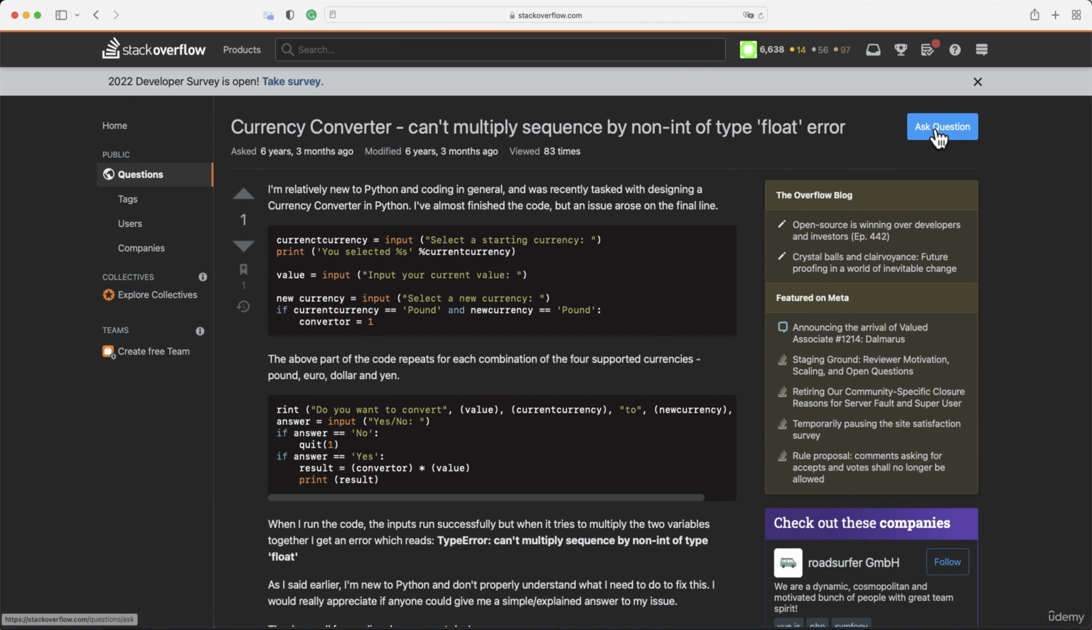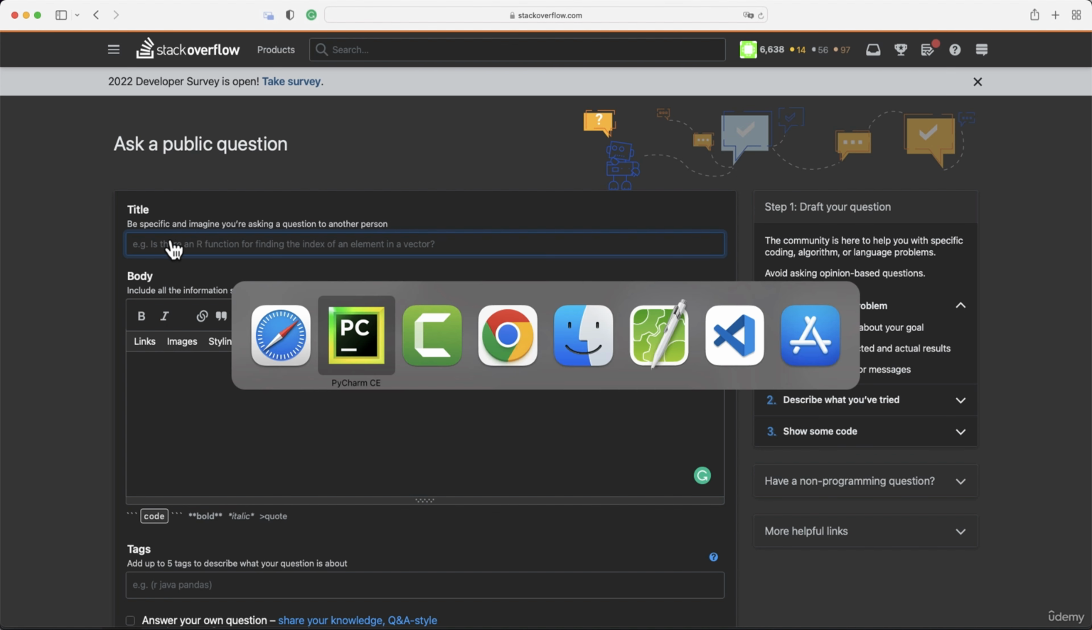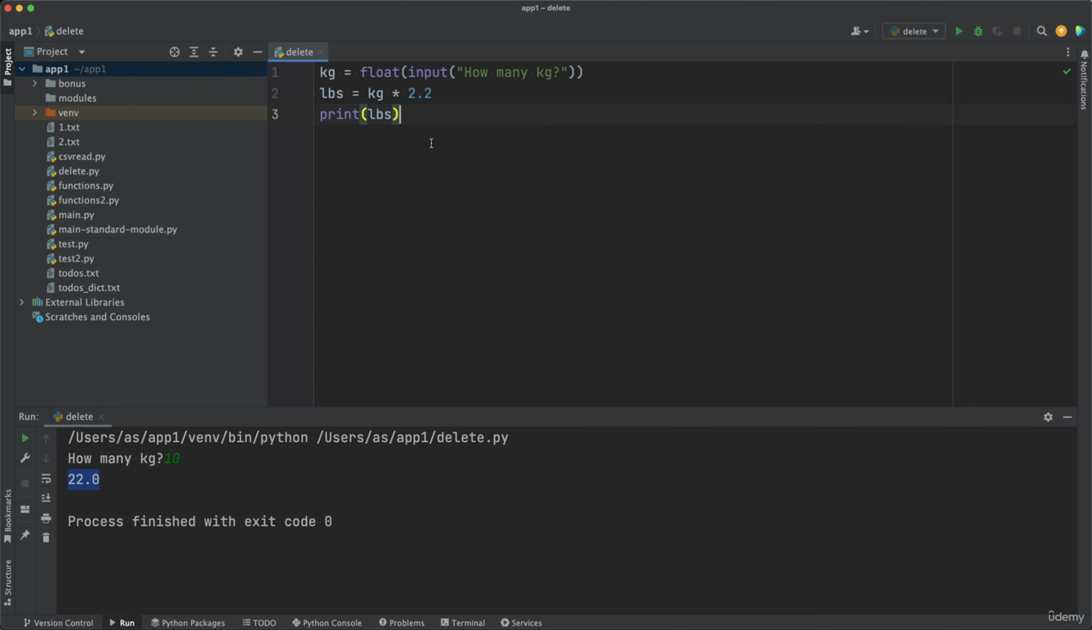Now let's see how we can ask good programming questions. On Stack Overflow, you can use this Ask Question button, and then you want to provide the title and the description of the problem. The title should be written in a way that you should be able to describe your entire question in one sentence. So in our case, let me undo this so we get the error